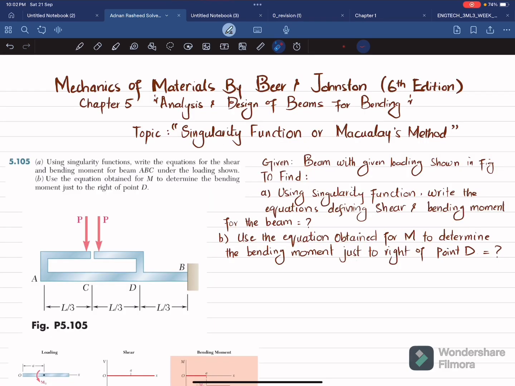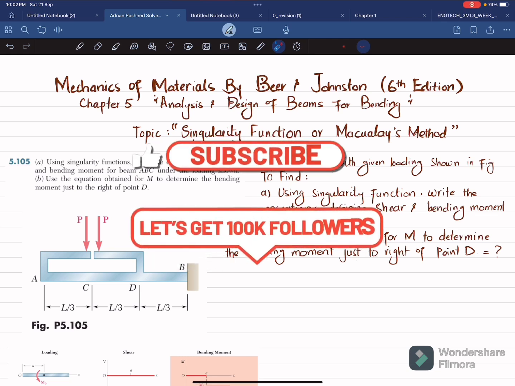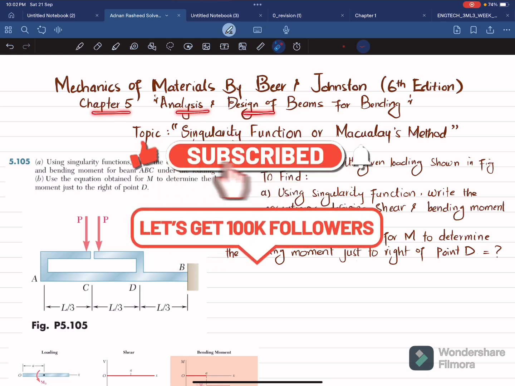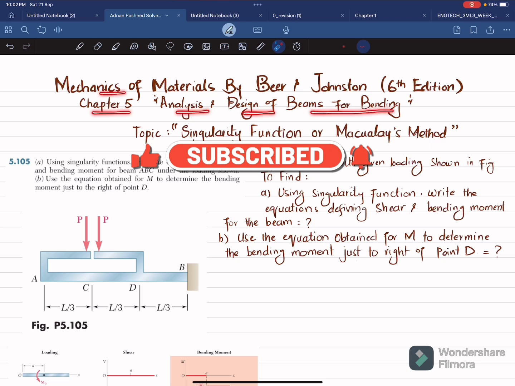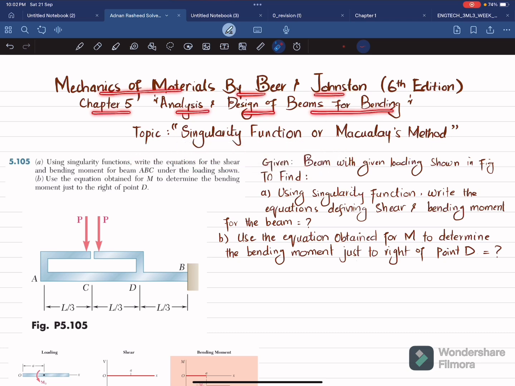Welcome back. Problem 5.105. This problem is taken from chapter number 5, Analysis and Design of Beams for Bending, and the book is Mechanics of Materials by Beer and Johnson, 6th edition. And the topic is Singularity Function or Macaulay's Method. So the statement is: in part A, we have been asked, using singularity function, write the equation for shear and bending moment for the beam ABC under the loading shown. And in part B, use the equation obtained for M to determine the bending moment just to the right of point D. So you can see this is the beam